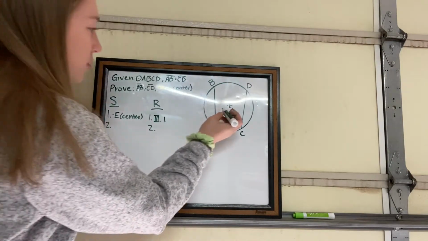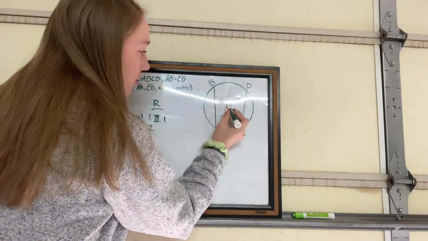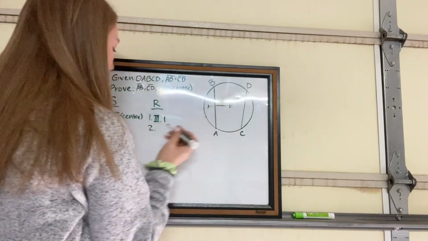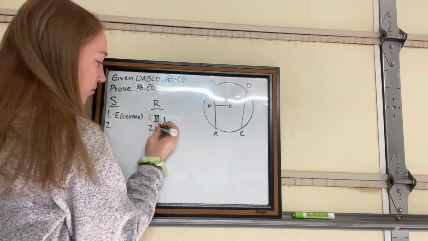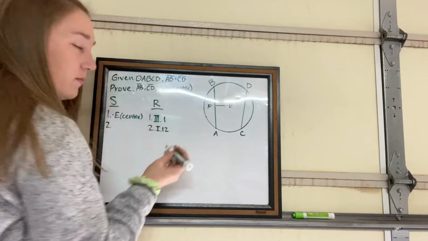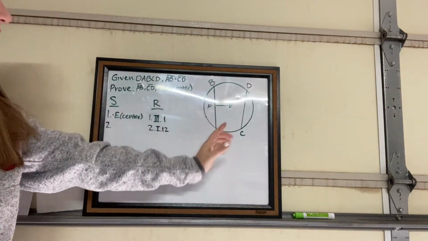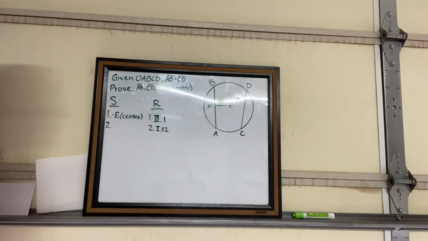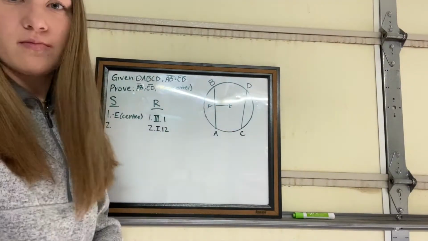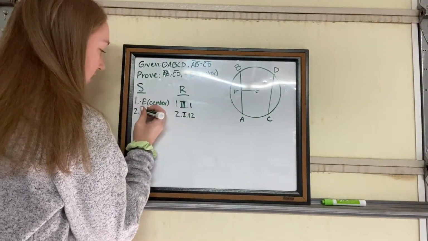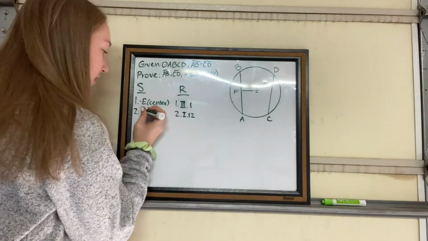Okay. The next step he does is he draws a perpendicular line from E to AB. So he draws a perpendicular, so I'm just going to do that. And he calls this point F. And he uses Proposition 12, Book 1, which says that if you have an infinite straight line and a point off of that line, then you can draw a perpendicular to it. Okay, so we're going to say he draws line EF